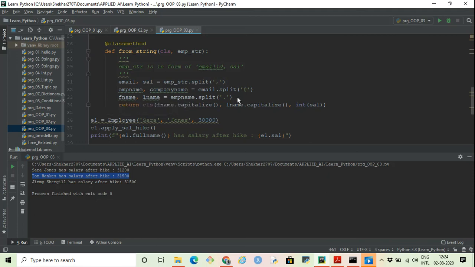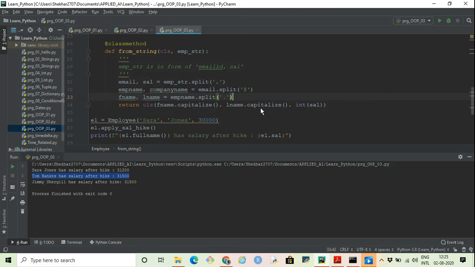Now what we have to do is call the class initialization method. Basically, we have to create an object. So how do we do this? Again, cls is the name of the class, and within the brackets we specify all those attribute values. The first name dot capitalize, because in the email we get first name and last name everything in lower case, and I want the names to be in capitalized form. That is why I'm calling first name dot capitalize.